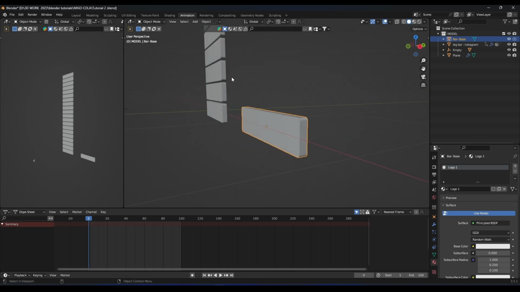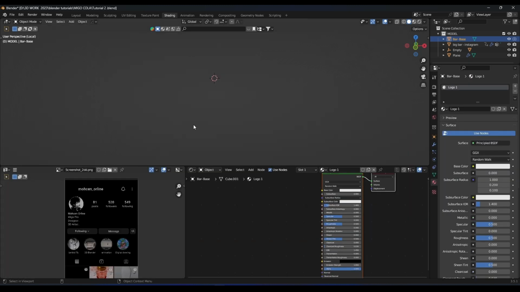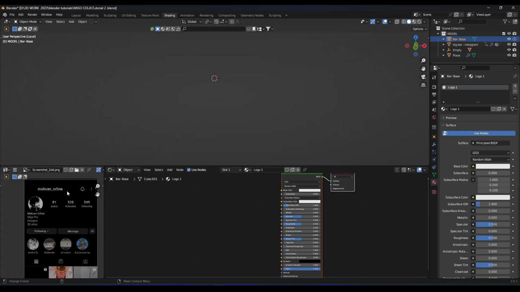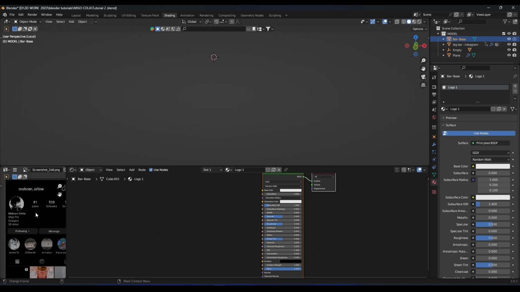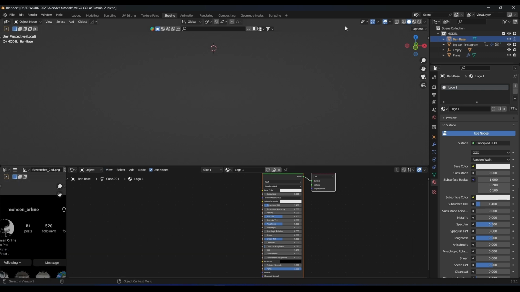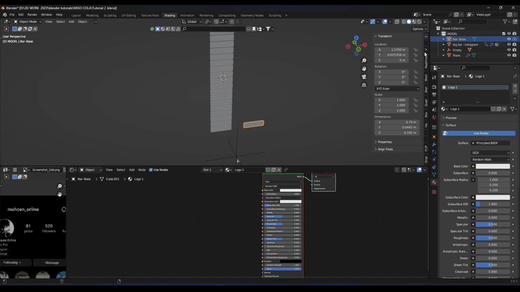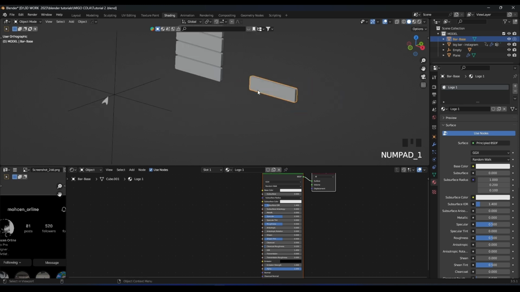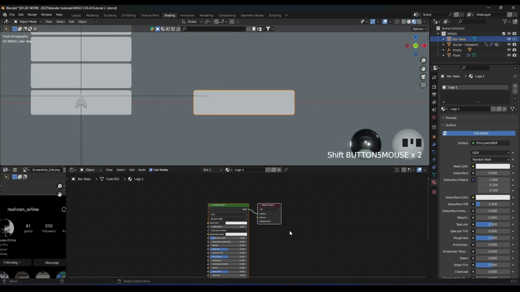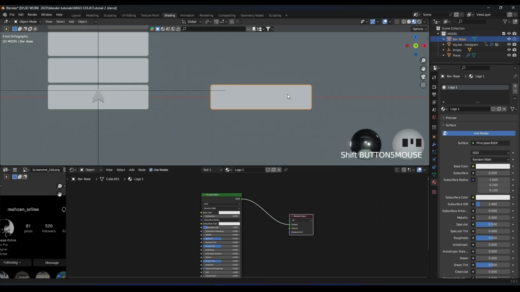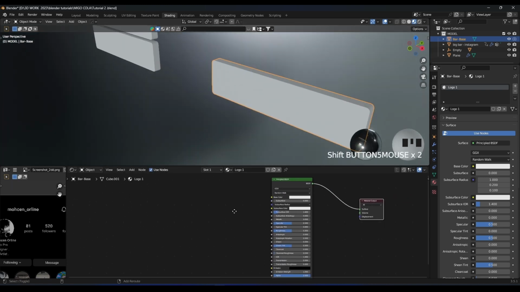Okay guys, let's go to the shading. Okay, we are in the UV editor, and don't worry about this image. And let me activate our shortcuts. Now we need a new material for this base, so let's add a color ramp